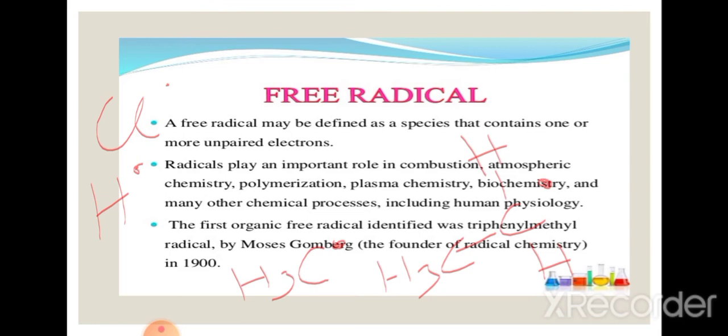Reaction intermediate only means that these are formed during the course of the reaction. They are not the product. They are highly unstable, meaning they are highly reactive. They are short-lived and highly reactive on account of the presence of odd electrons, so they readily try to pair up the odd electrons. Free radicals are paramagnetic in nature because of the presence of an odd electron.